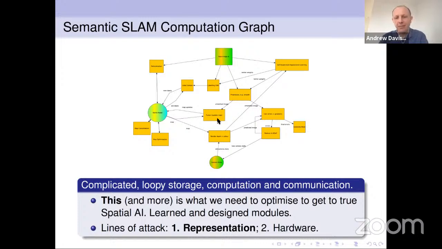One is about representation. In particular, how do we get away from these very large representations? For instance, in Elastic Fusion, we use about 5 million circles to represent the shape of a room. And in semantic fusion, each of those has a distribution over labels. Very, very expensive sort of representation. So how can we attack that?